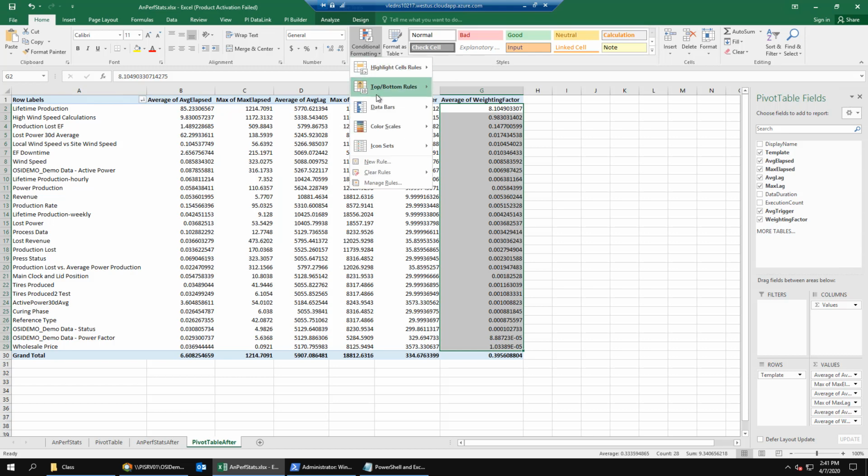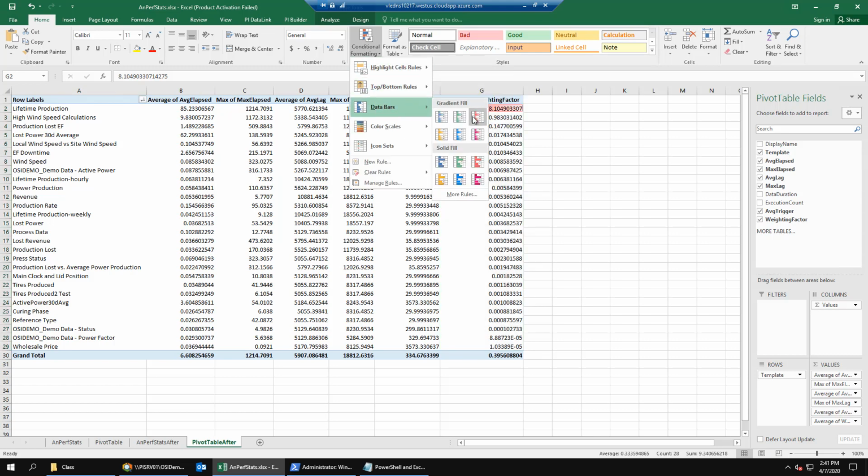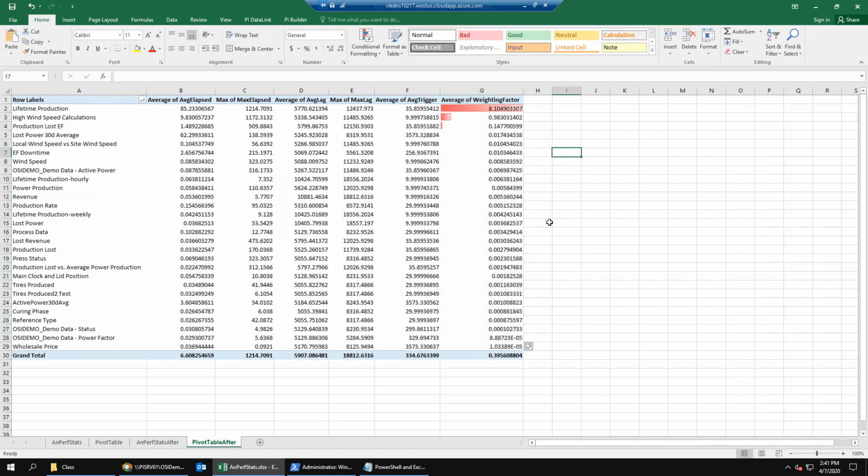So we'll select the weighting factor column. And from the home ribbon, select conditional formatting, then data bars, and select the gradient fill that you prefer. So now we should have our two pivot table displays.